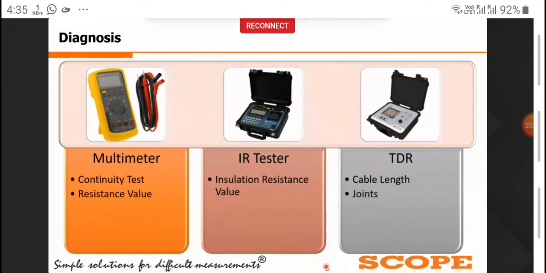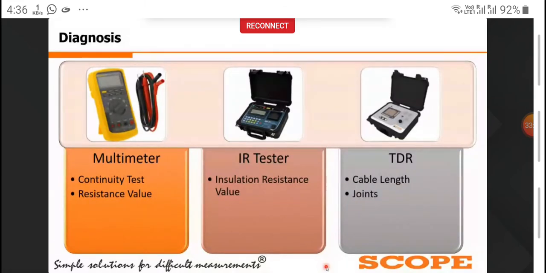In the continuity test, if we keep both the ends open and conduct the continuity test from one end, and we get continuity, it means that there is a short circuit in between the cable. So whatever pair we are testing, we will note down that it is a short circuit fault between R to Y or whichever pair we are testing. After that, we will note down the resistance value using the multimeter. If the resistance value is in kilo ohms or mega ohms, it means that there is a low resistance fault in the cable.